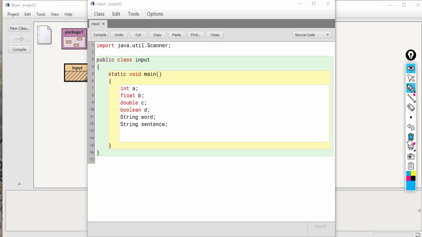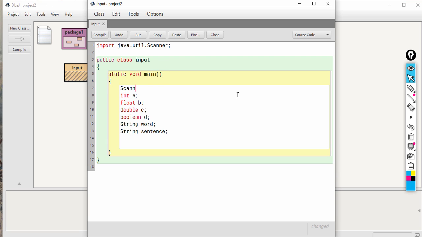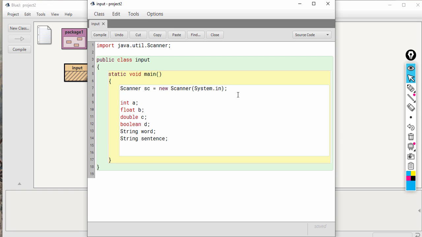Okay. So, for that you need to create a scanner object first. Let us create the scanner object by using the syntax, that is class name object name is equal to new class name. So, Scanner sc is equal to new Scanner(System.in). So, here Scanner is the class, sc is the object,